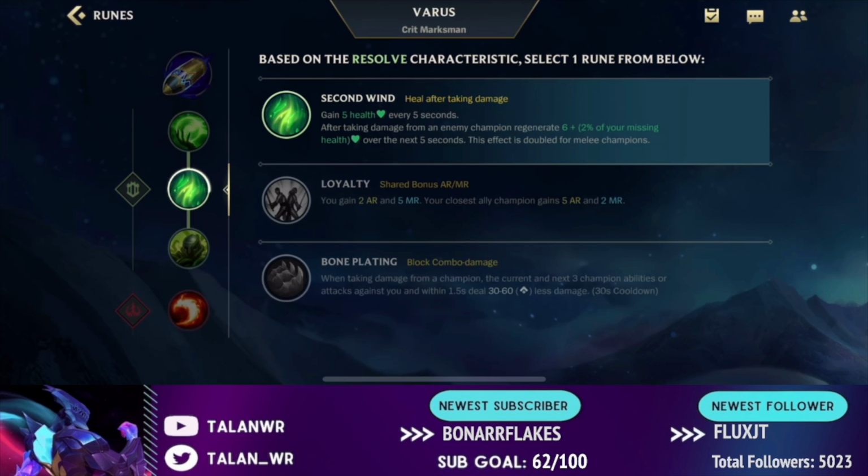Moving on to the second rune set in the Resolve tree, we have Second Wind. Basically, the way Second Wind works is you gain 5 health every 5 seconds, and then also, after taking damage, you regenerate some extra HP. So the times that this is valuable is into poke champions, because you get that frequent healing every time you take damage. So if you're in a lane matchup that's difficult and you want to survive it, or if you're into a lot of poke like Jayce, Ezreal, Varus, etc., that's really going to be when you want to take